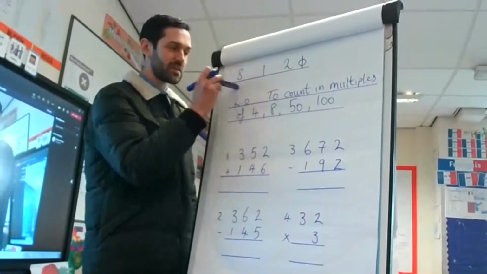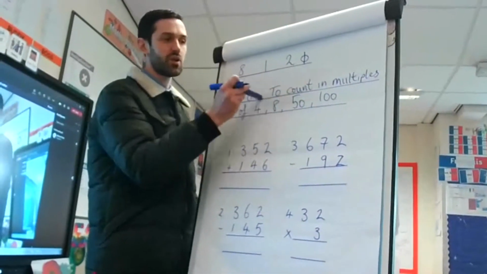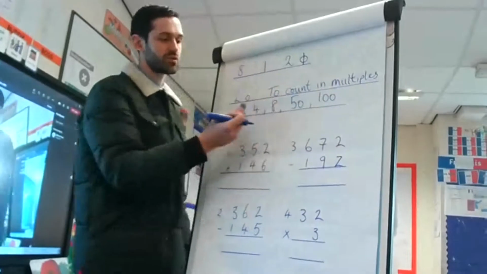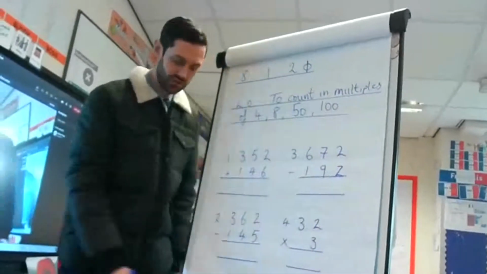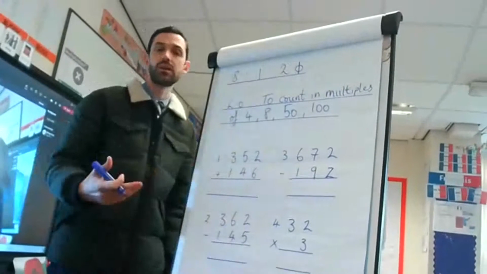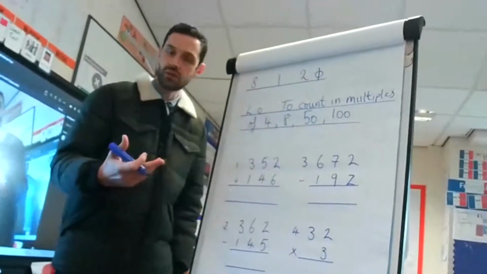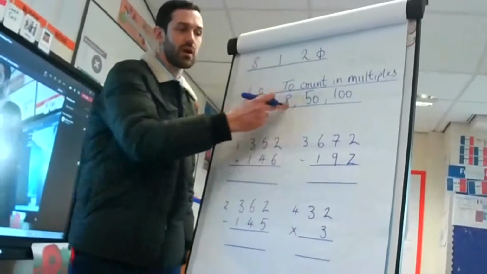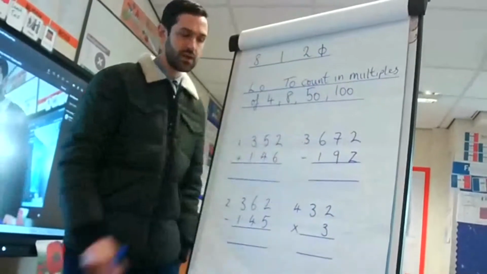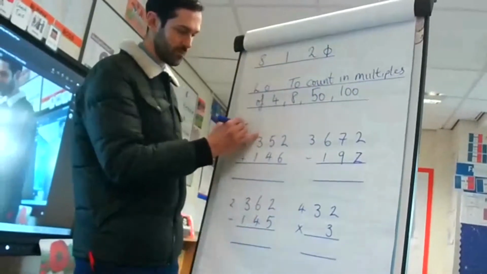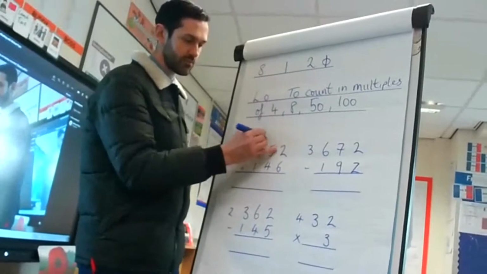Learning objective. Miss a line underneath. Learning objective, colon, and we're going to count in multiples of 4, 8, 50 and 100 today. So revisiting our place value topic and how we can count and jump using our 4's, our 8's, and counting on in 50's and 100's as well. Okay, start with a little starter, guys. So starter subheading,